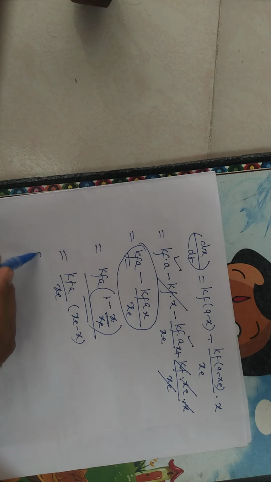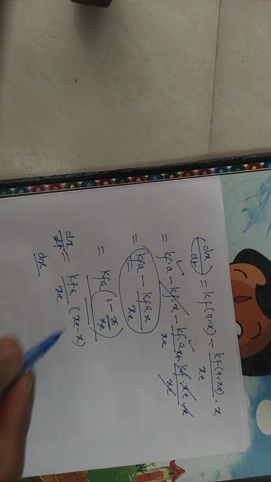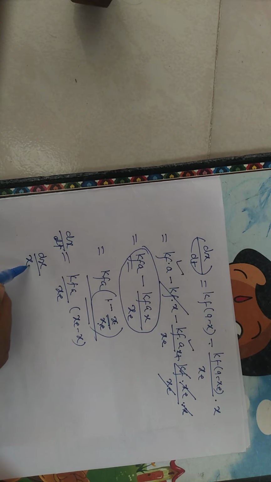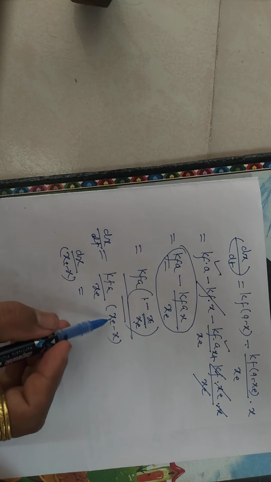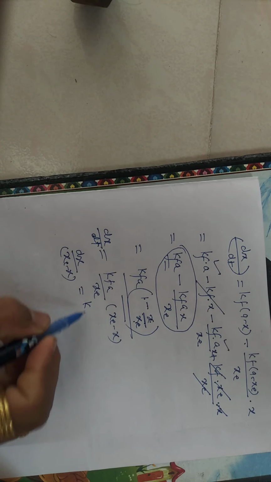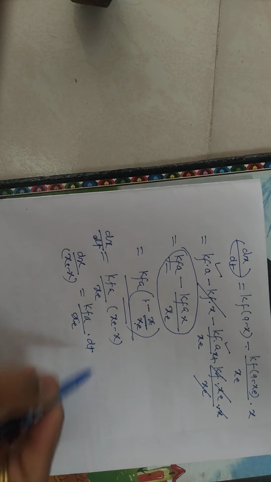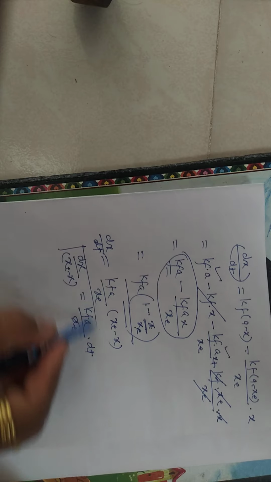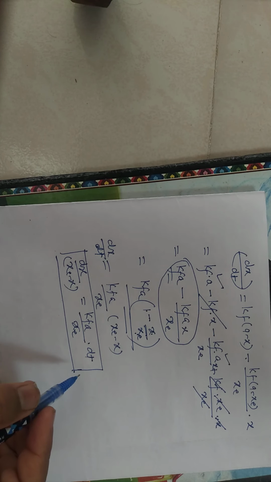So now how can we write here, it is dx, actually it is the value of dx by dt. So now we can rearrange: dx upon xe minus x is equal to, so xe minus x will move this side, dt will go towards the kfa side. So it is kfa upon xe into dt. Now we have to integrate this equation. This derivation is somewhat long, but it is not in your exam, so there is no need to worry, but we have to study it if it is in your syllabus.